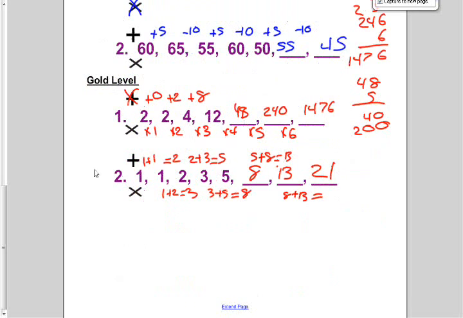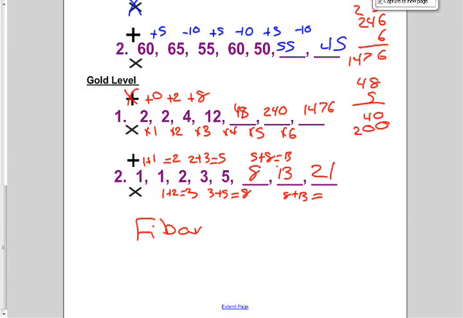All right, gold level. Those of you that really wanted a challenge. I tried addition, didn't work, so I crossed it out. Then I multiplied times 1, times 2, times 3, times 4, times 5, times 6, and I get 48, 240 and 1,476. Last one, this is a really famous one, I'm sure not many people got this, but this is called the